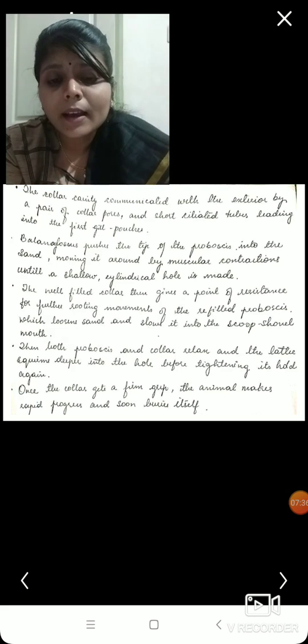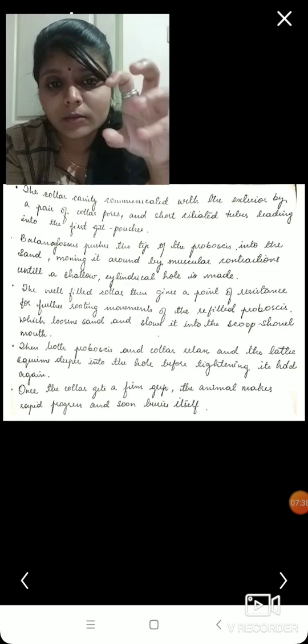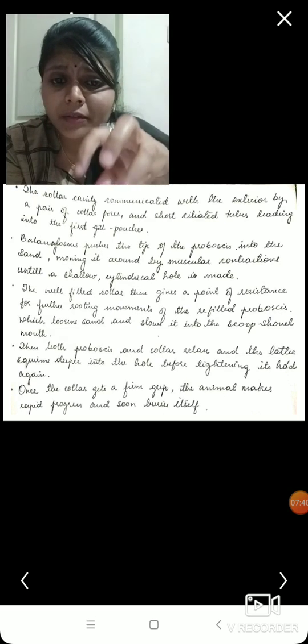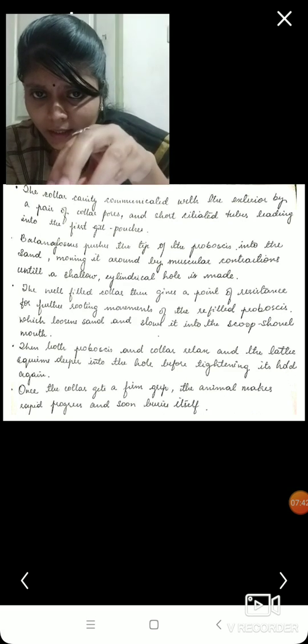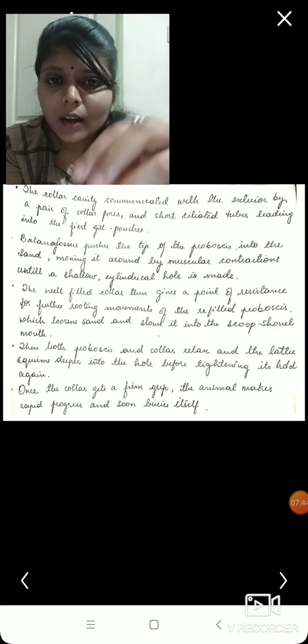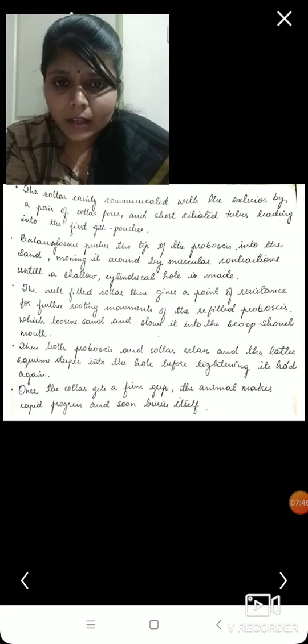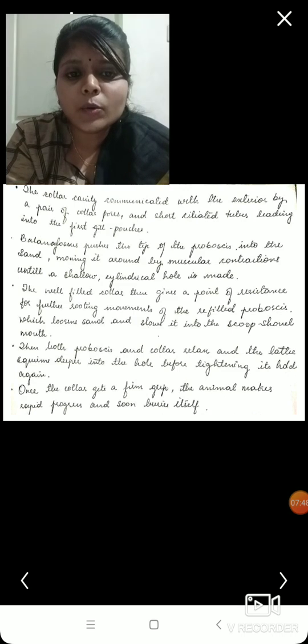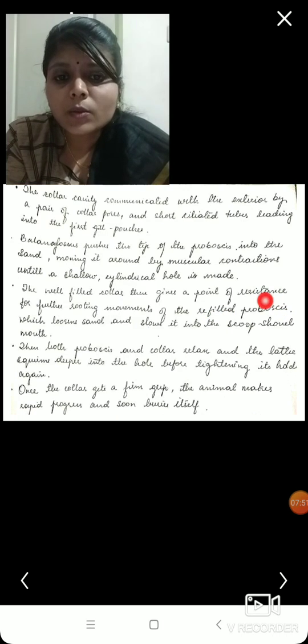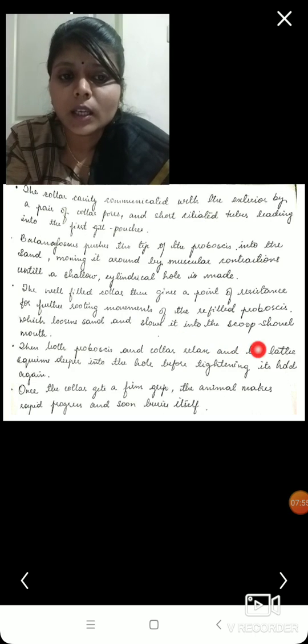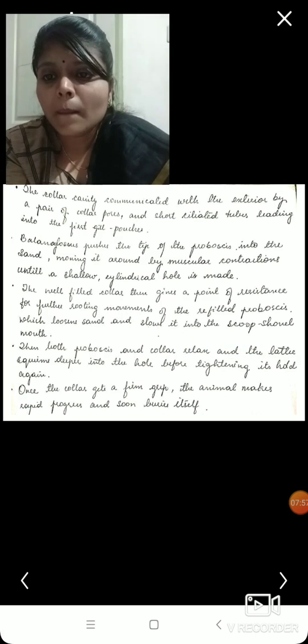A cylindrical hole is made, and the well-filled collar then gives a point of resistance. It fits tightly like a cork in a glass bottle, which further helps in routing the movements of the refilled proboscis, which loosens the sand and slowly slows it into the scoop shovel of the mouth